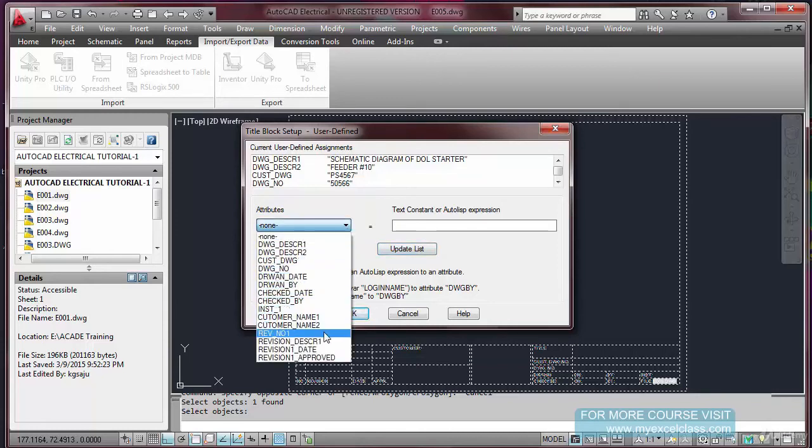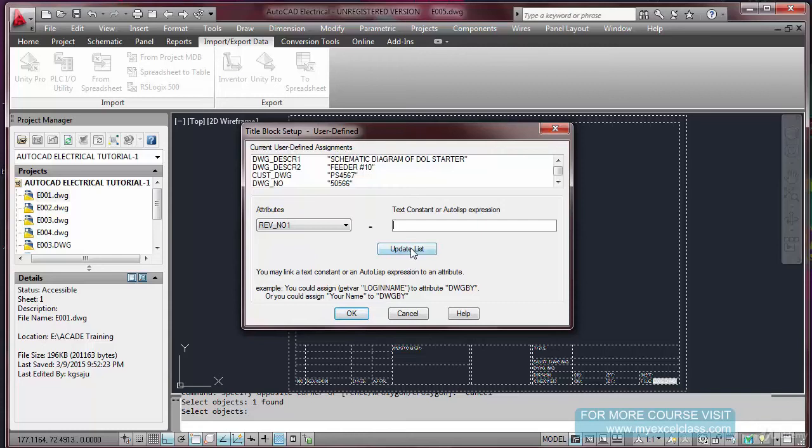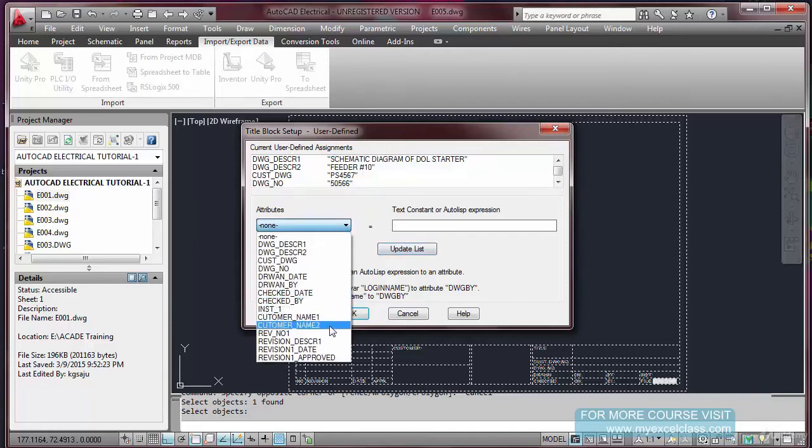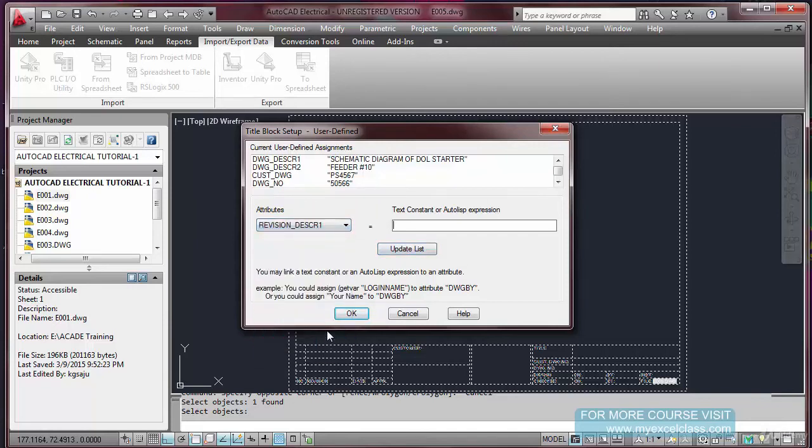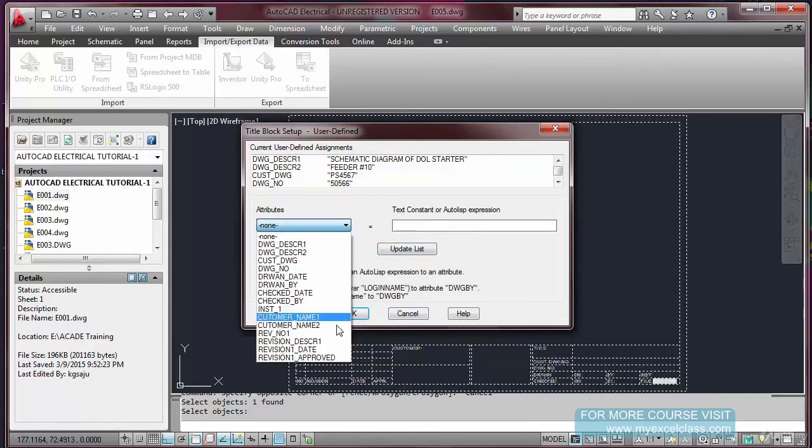And revision 0, the number should be 0. You will see what this means. Update. Original submission, update list,